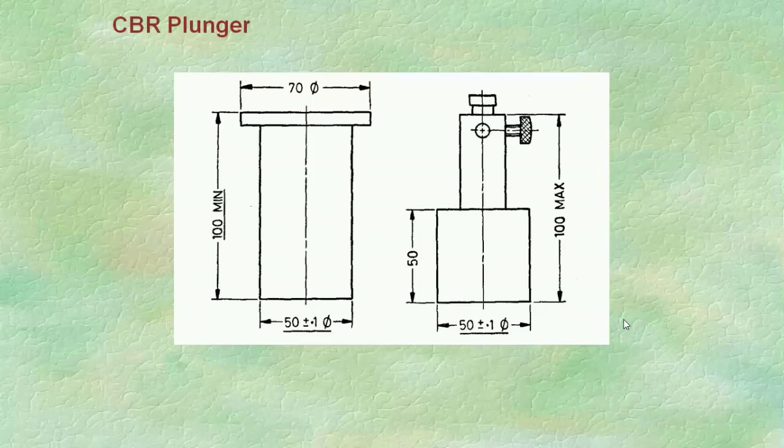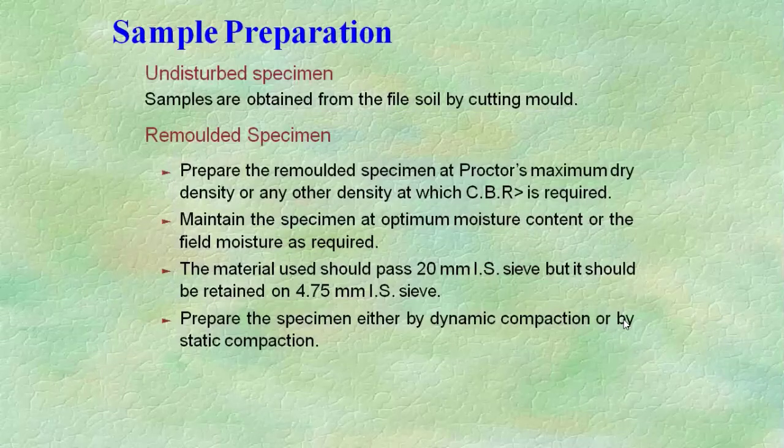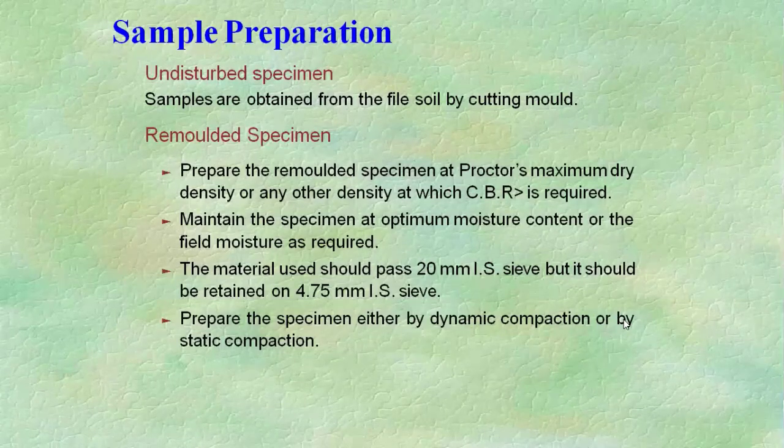The CBR value of the material tested is expressed as a percentage of the standard value in the standard material. The standard load values have been established based on a large number of tests on standard crushed stone aggregate at respective penetration levels of 2.5 and 5 mm. These standard load values given below may be directly used to compute the CBR value of the test material. So if the penetration is 2.5 mm, the standard load is 1370 kg and the unit standard load is 70 kg per centimeter square. Like that we can say.